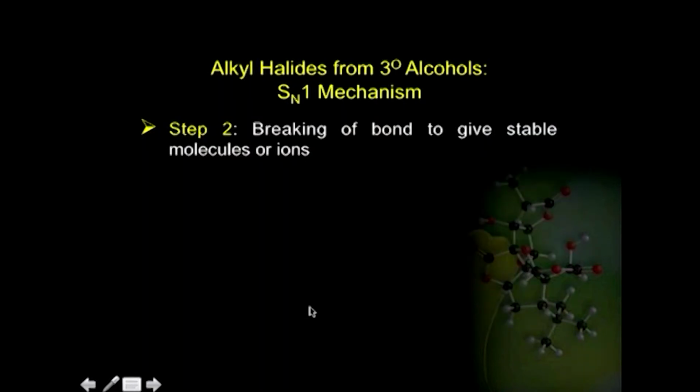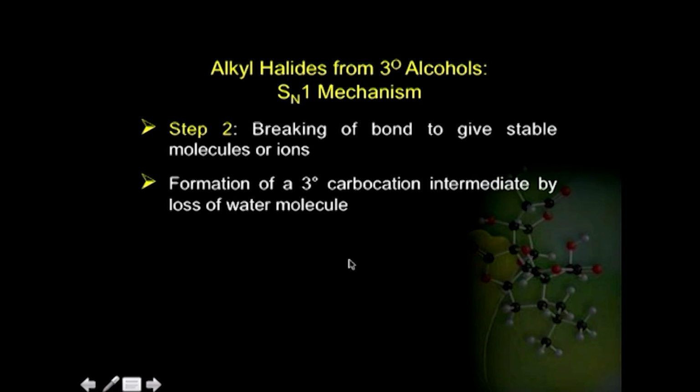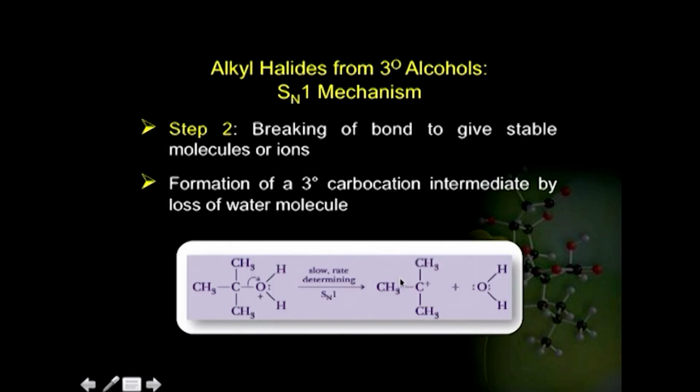In the second step of this mechanism, breaking of bond takes place to give stable molecules or ions. Therefore, formation of a tertiary carbocation takes place, which is an intermediate, and a water molecule is lost. So, here you can see this oxonium ion gets converted into a stable intermediate, a tertiary carbocation, and